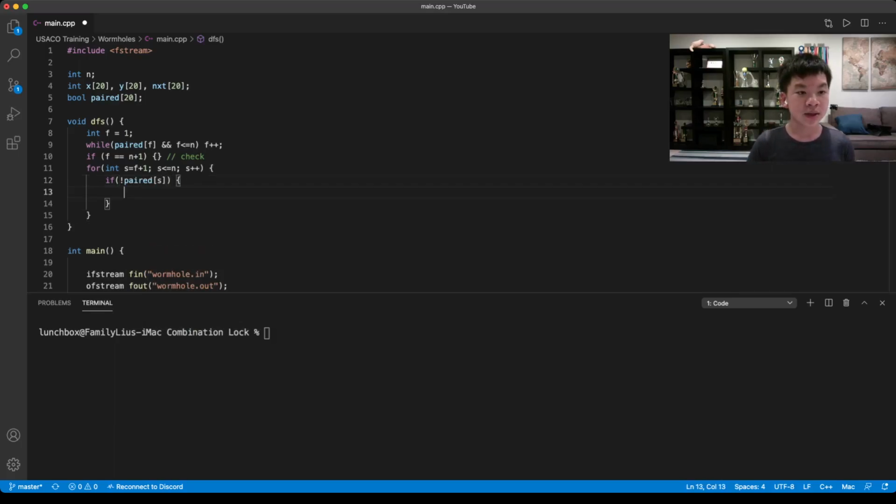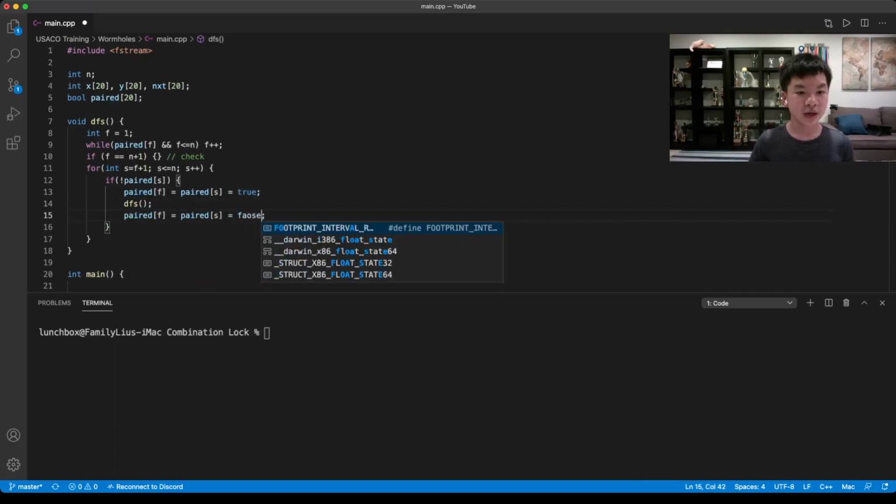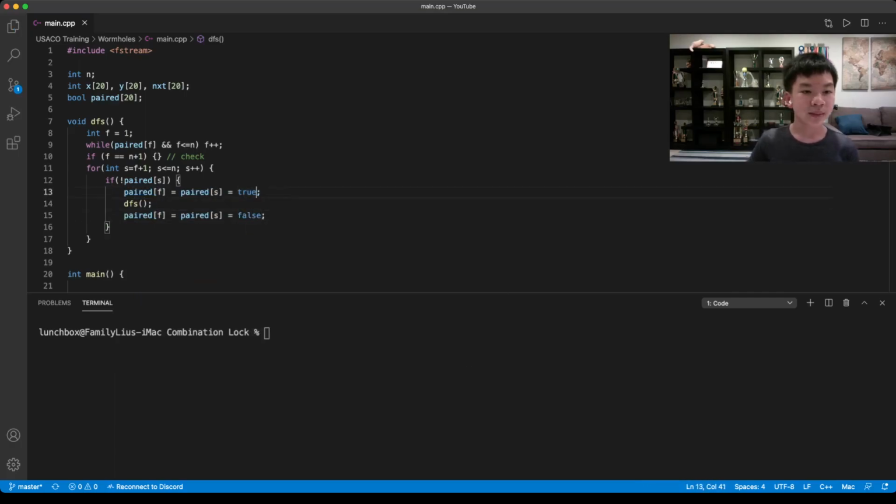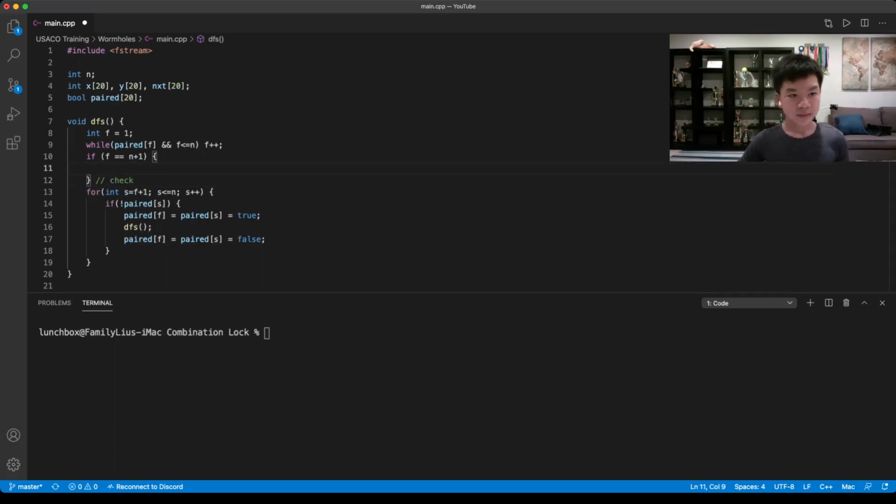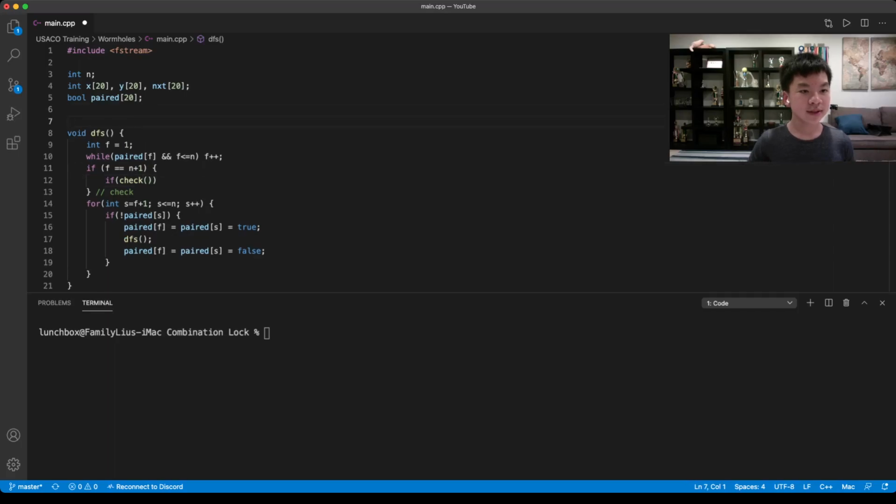Then you can mark paired of f and paired of s to be equal to true, since you're pairing them. Now you want to DFS again because you want to DFS further. After this, you would set these to false since you're trying to pair other nodes. Now all we need to do is write our check function, which should return a Boolean value. So if check,